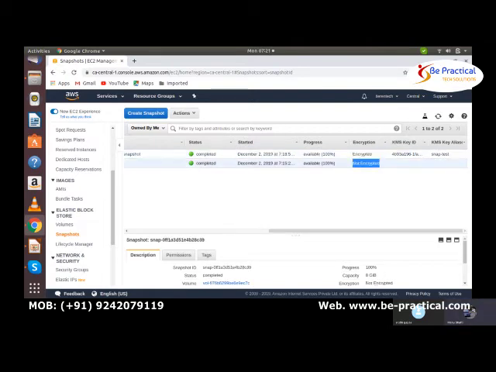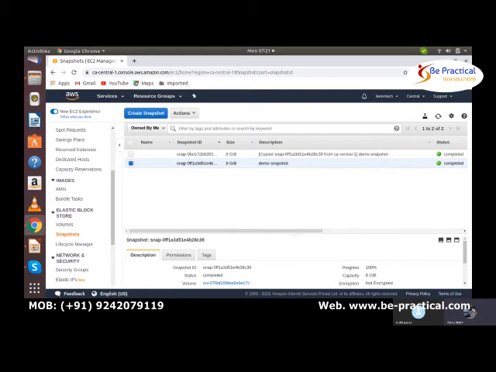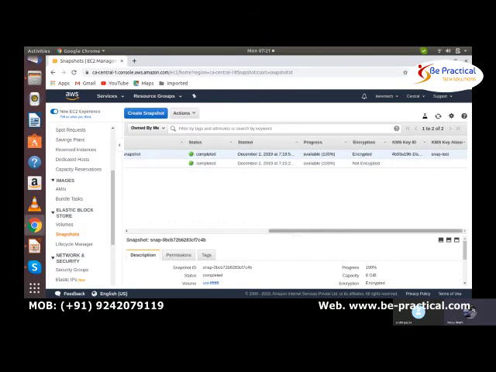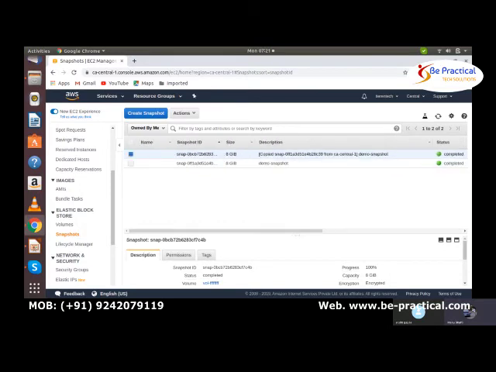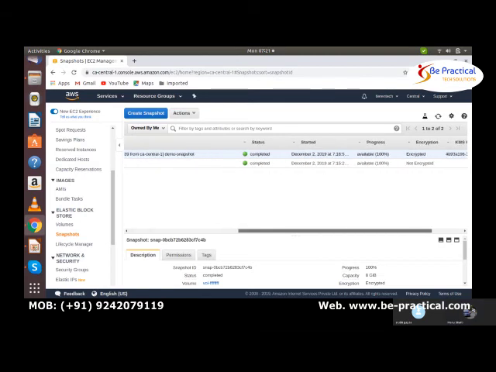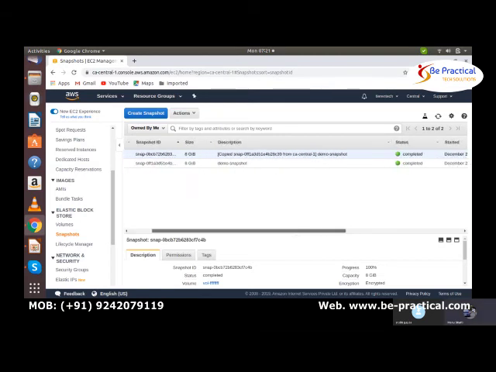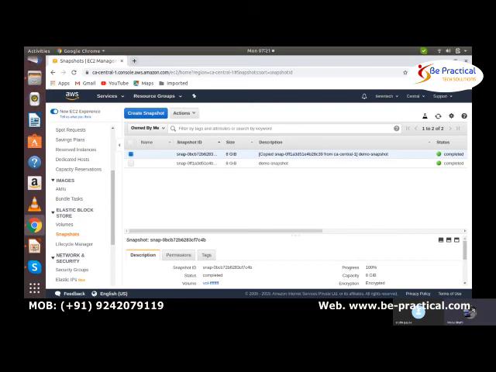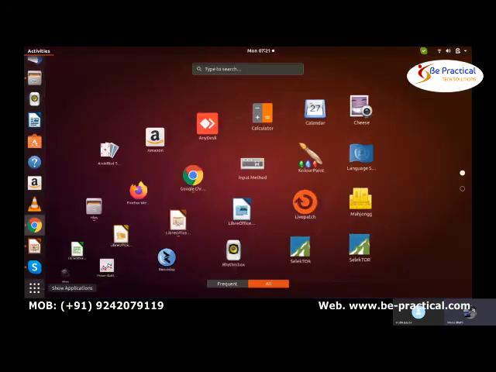And this one is not encrypted. Now out of this we can create the volume, and we can do all the stuff again, but we should have that key. Say, for example, now I have shared this snapshot with someone else. Okay, we will do another AWS account.